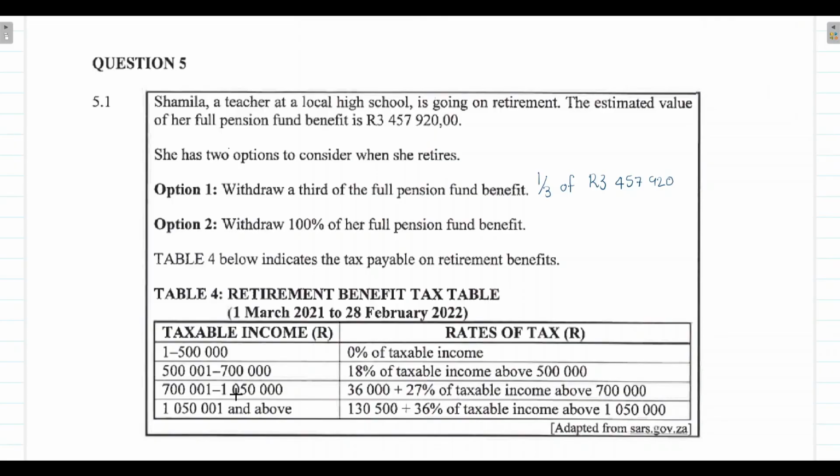701,000 to 1,050,000, the rate of tax that you have to pay will be 36,000 plus 27% of the taxable income above 700,000. Or if your taxable income is 1,050,001 and above, the rate of tax that you'll have to pay is 130,500 plus 36% of the taxable income above the